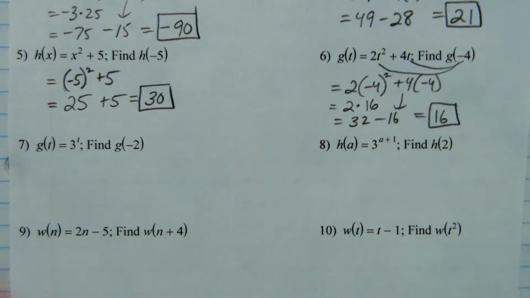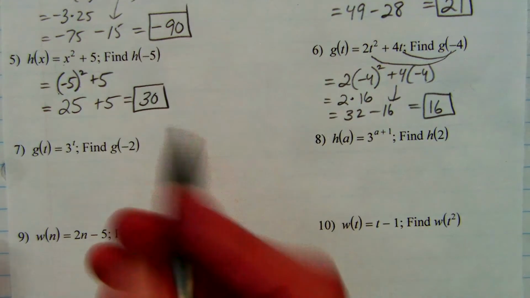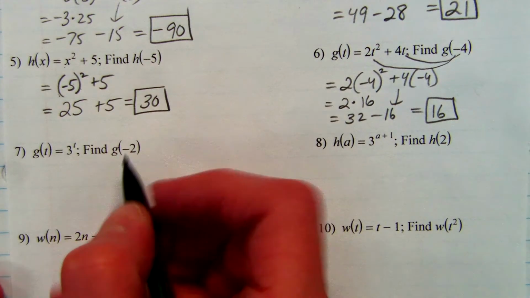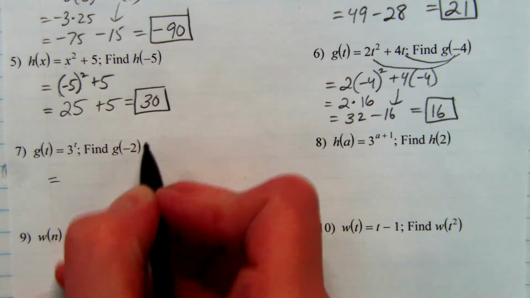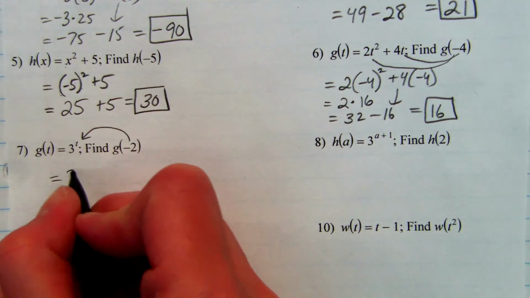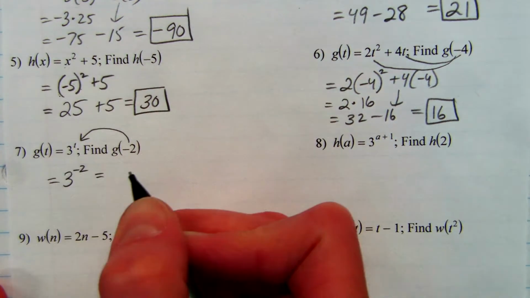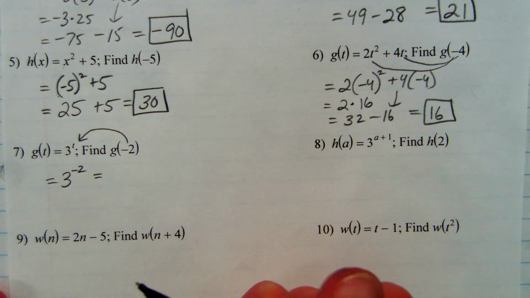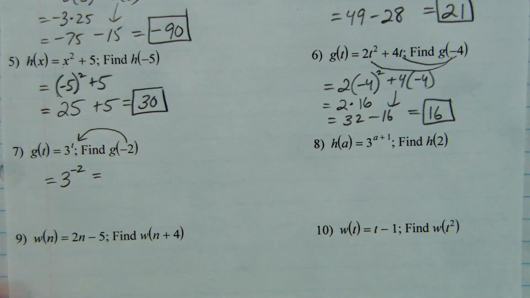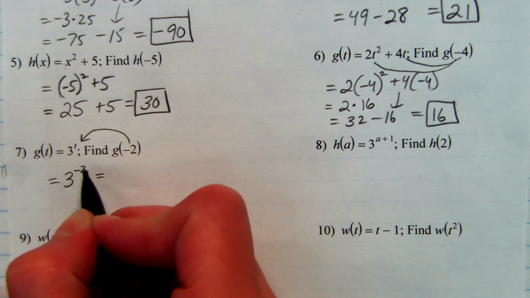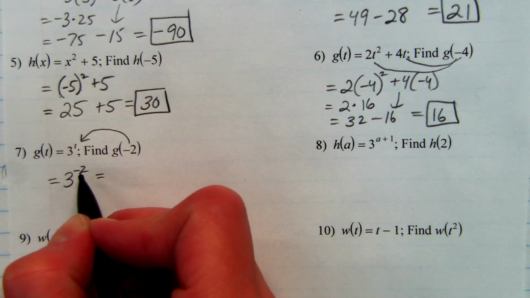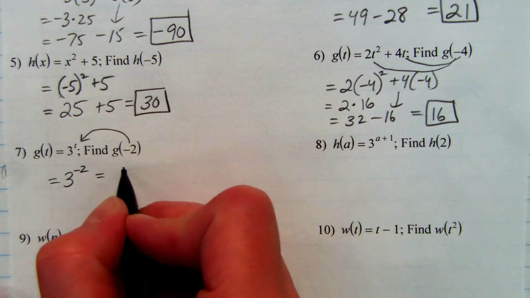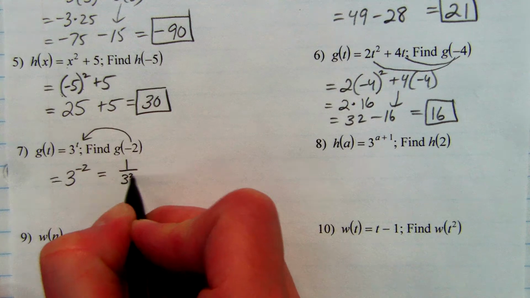And then we get down to 7 and 8, we have some exponential functions. We've done exponential functions before. When we put this power in, we get 3 to the negative 2 power. Word of caution, I'm not looking for decimals, and that's what your calculator is going to give you. So I'm going to review how negative powers work. If I have 3 to the negative 2 power, that means we need to do the reciprocal, 1 over 3 squared,